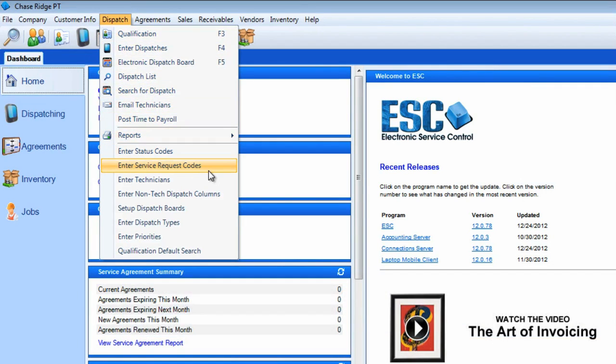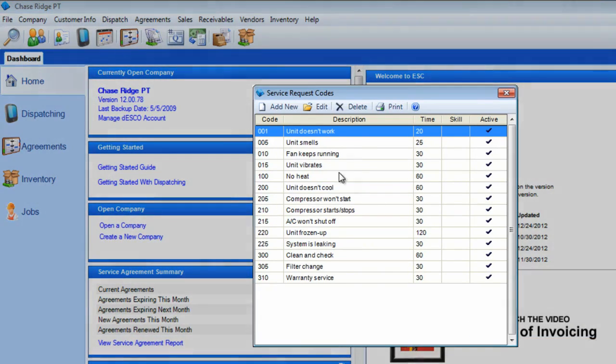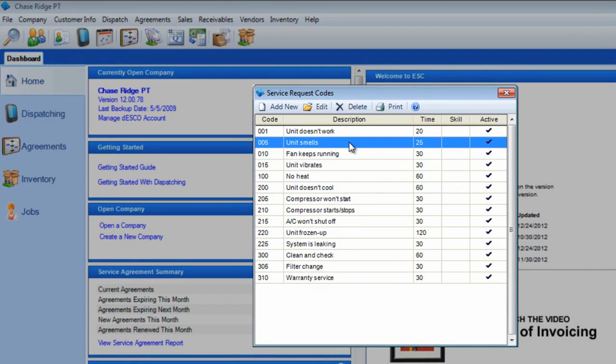Now let's look at Enter Service Request Codes. Service request codes are a time-saving feature used to quickly add common reasons customers call you to the dispatch. These codes can also add information into the notes on the dispatch and contain estimated completion times and even set skill levels. The default service request codes you see on the screen may be different than what you find in